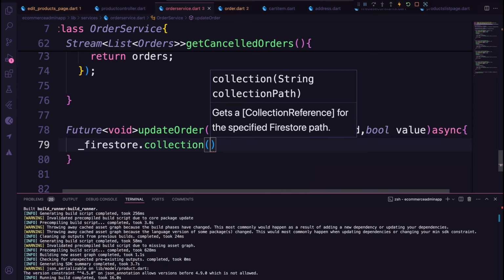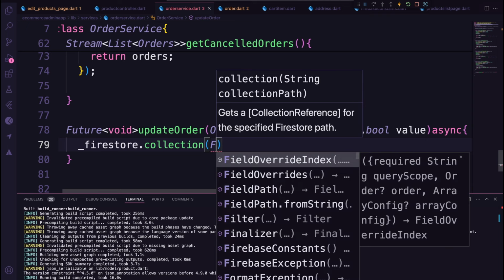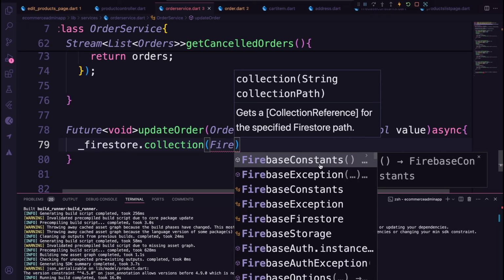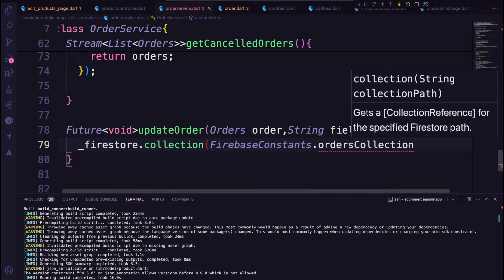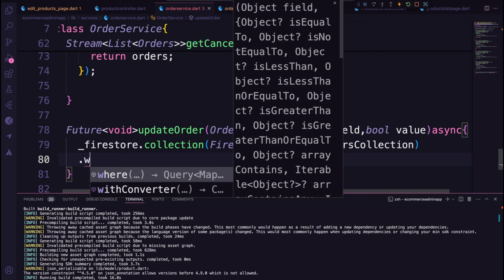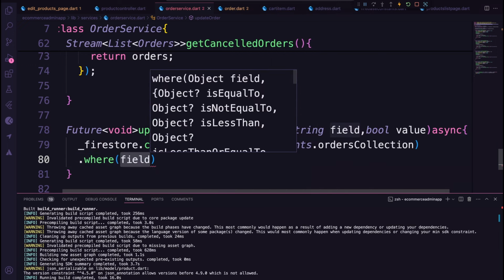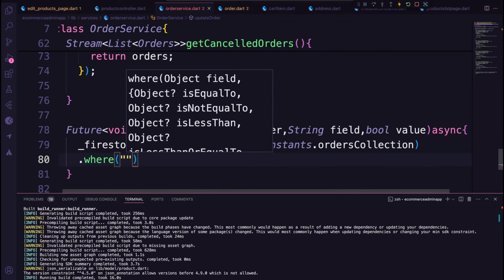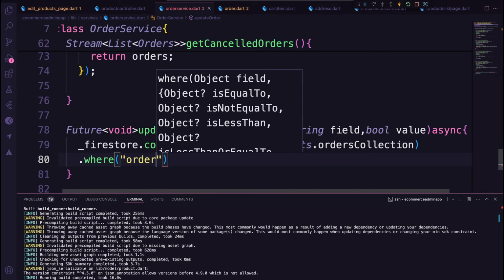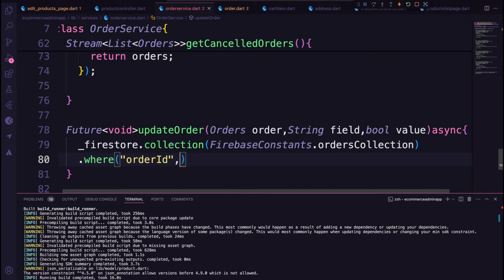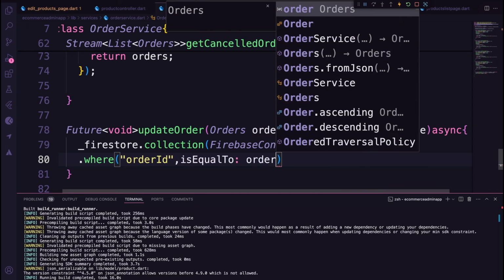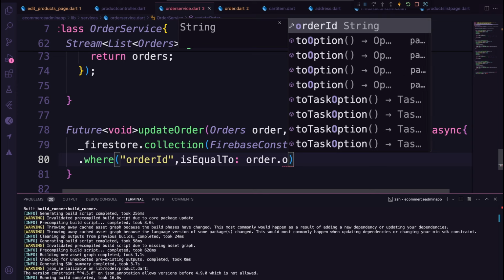firestore.collection, and let's make sure that our collection is from Firebase constants dot orders collection, like this, right? And then we are going to change with the condition where the order ID, because we also need the order ID to make changes, right? Where order ID is equal to order dot order ID,